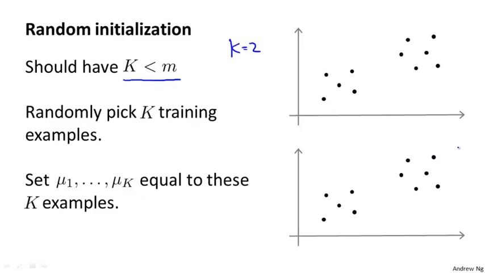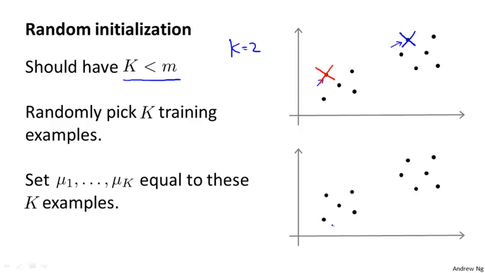So in order to initialize my cluster centroids, I'm going to randomly pick a couple examples, and let's say I pick this one and I pick that one. And I'm just going to initialize my cluster centroids to be right on top of those examples. So that's my first cluster centroid, and that's my second cluster centroid,